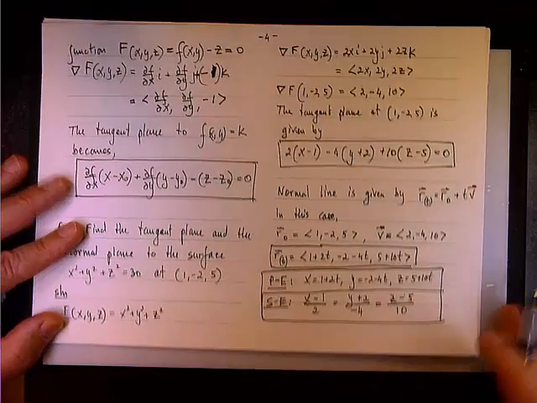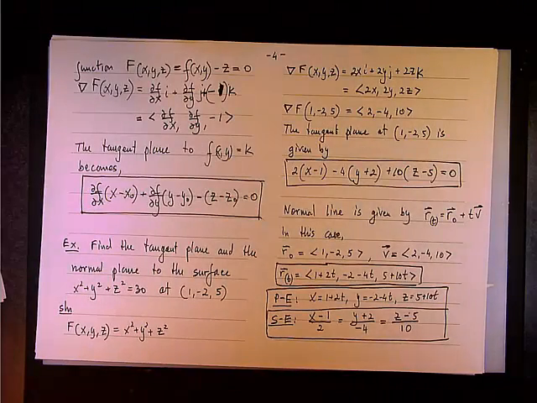So all three forms: the normal line as a vector, the normal line as a parametric equation, and the normal line as a symmetric equation. Okay, I think I'll stop here. We have a couple of minutes, but it's not